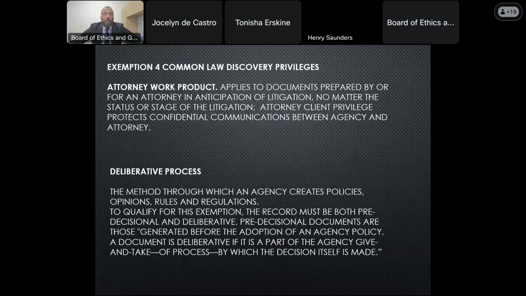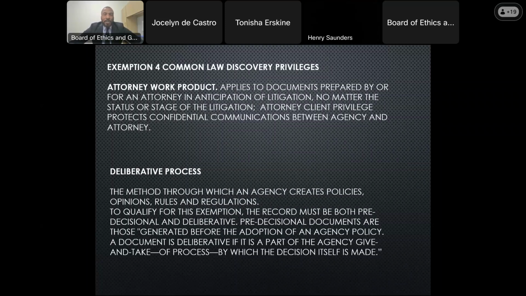Okay, exemption 4, common law discovery privileges. This would be attorney work product, which applies to documents prepared by or for an attorney in anticipation of litigation, no matter the status or stage of the litigation. Attorney-client privilege protects confidential communications between the agency and the attorney.